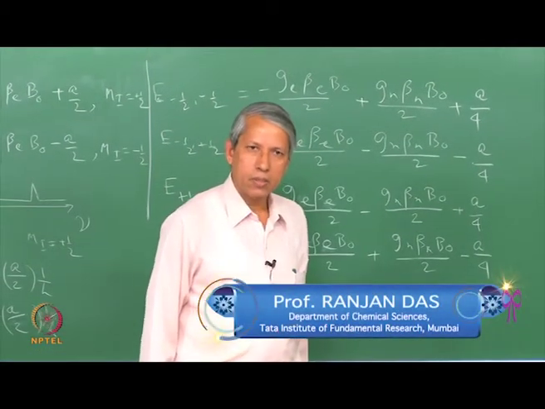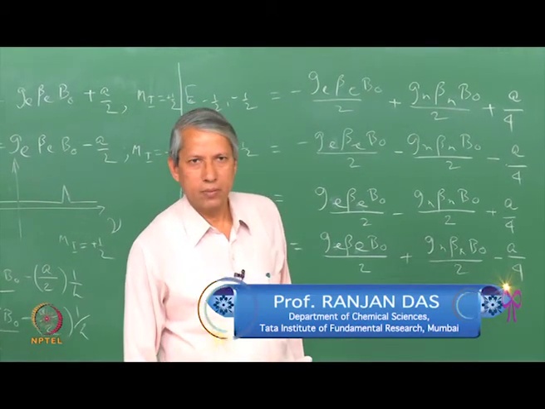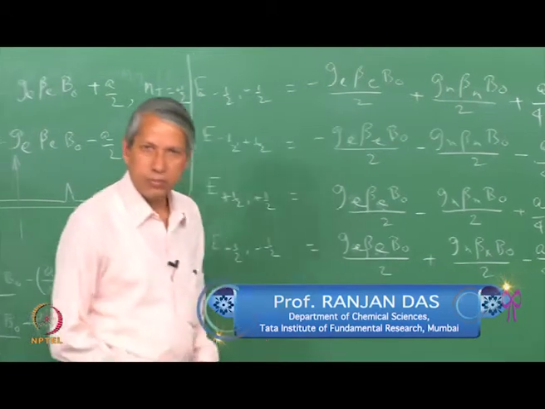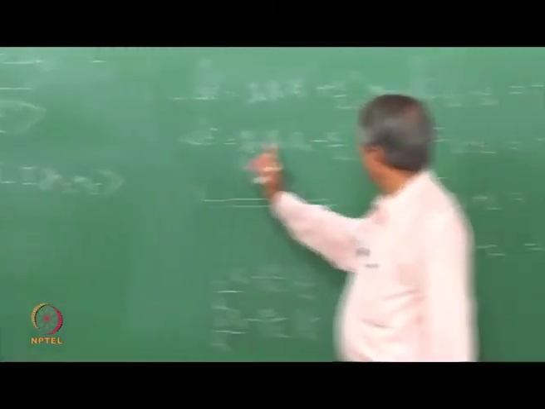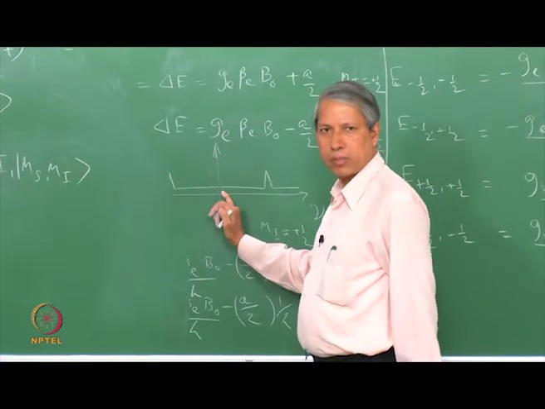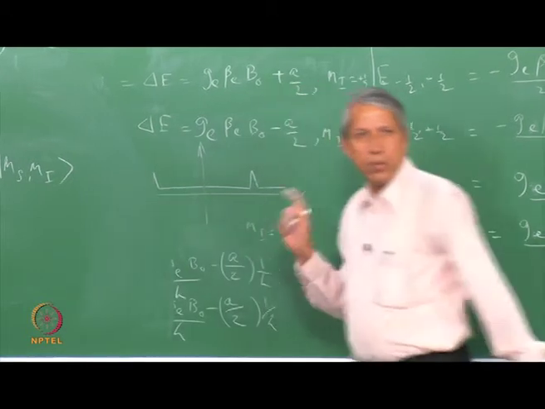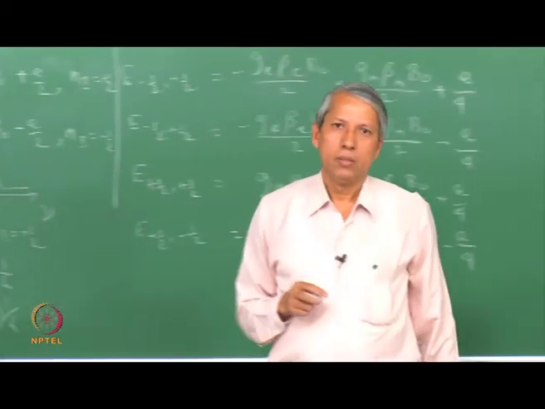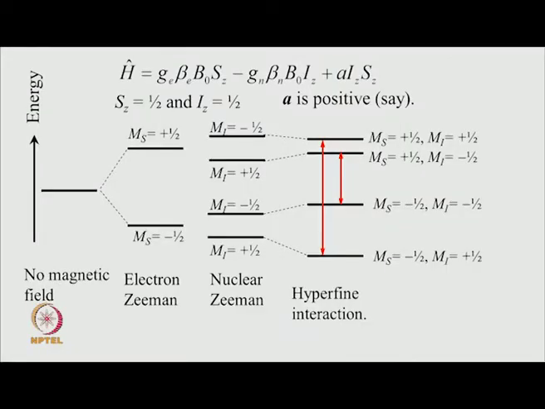So, what we conclude from here is that all possible energies that we have discussed here and the allowed transitions, they are correct up to first order of calculation. And here the characteristic feature is that the center of the spectrum corresponds to the exact g value that we can measure from here, and it is symmetric with respect to the center, and we can ignore the nuclear Zeeman part altogether. So, with this I have shown the final slide here.